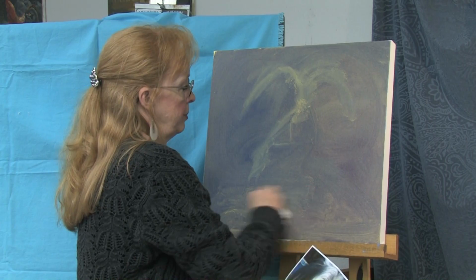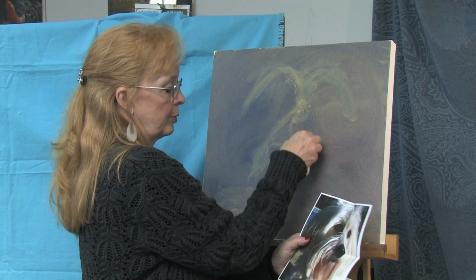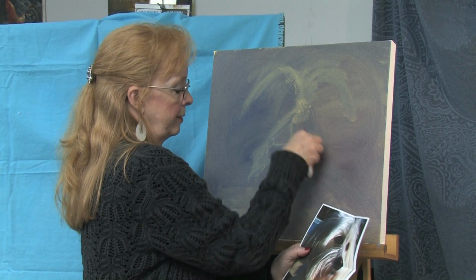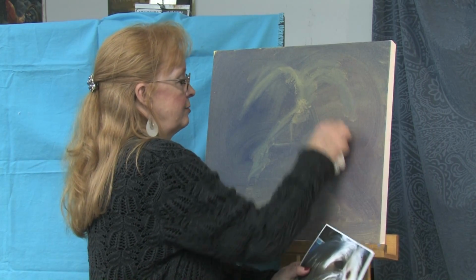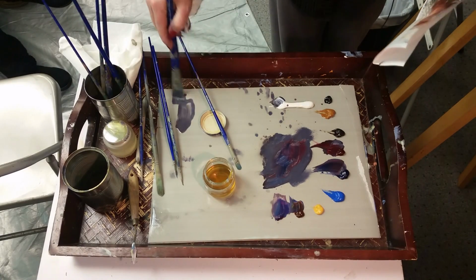And then I've got the bottom part is here. So his nose is going to be somewhere around right about there. And there is the side of his face. I think I need a little more thinner. I use thinner